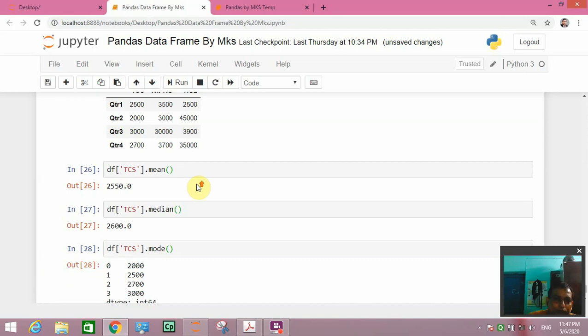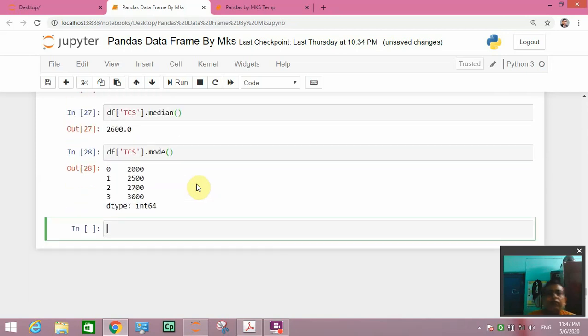Okay, so in this way we can run all these aggregate functions and check out the statistics in the data frame.